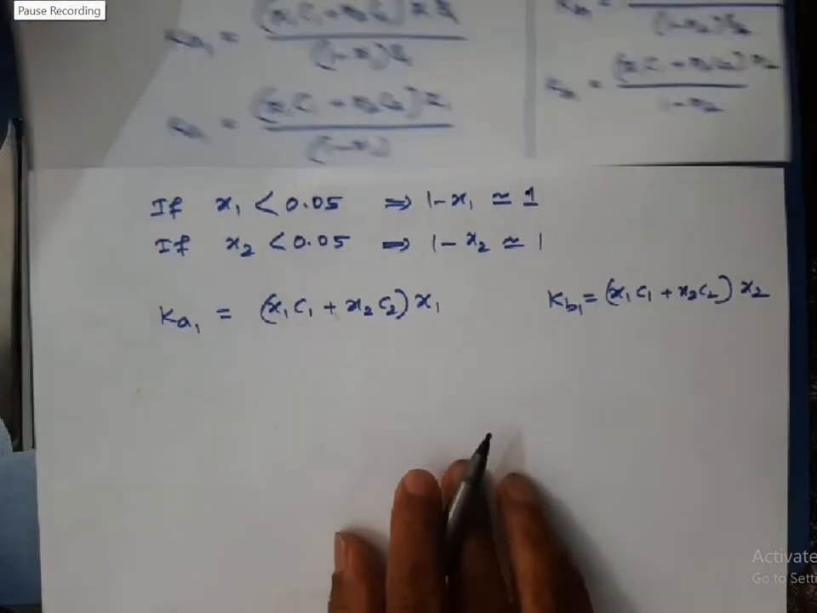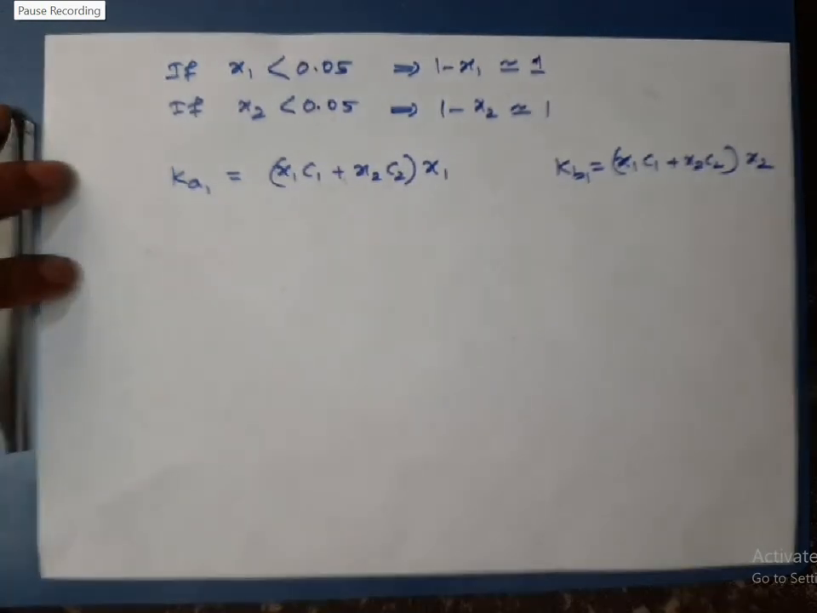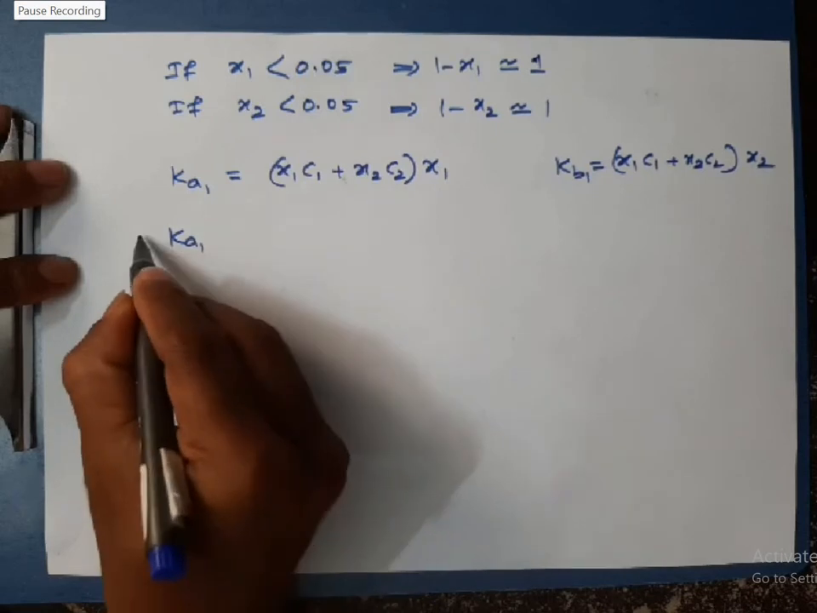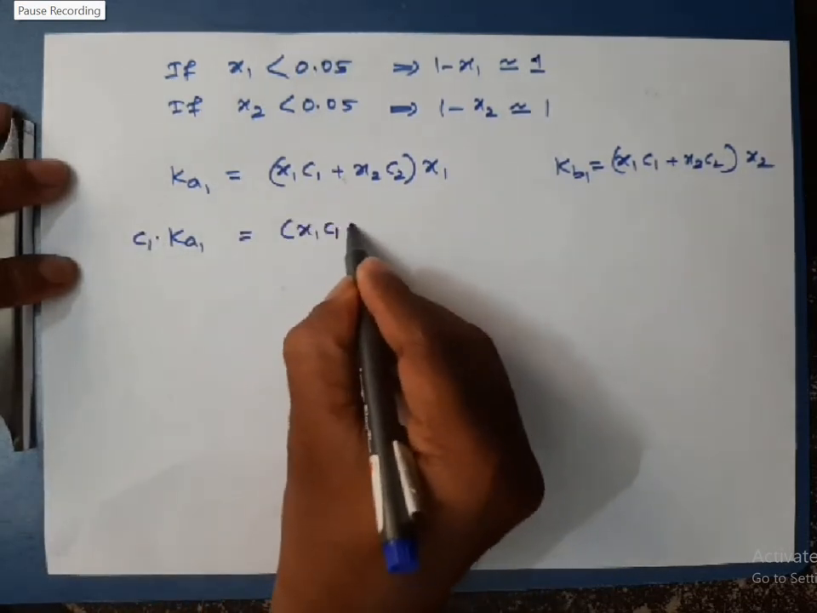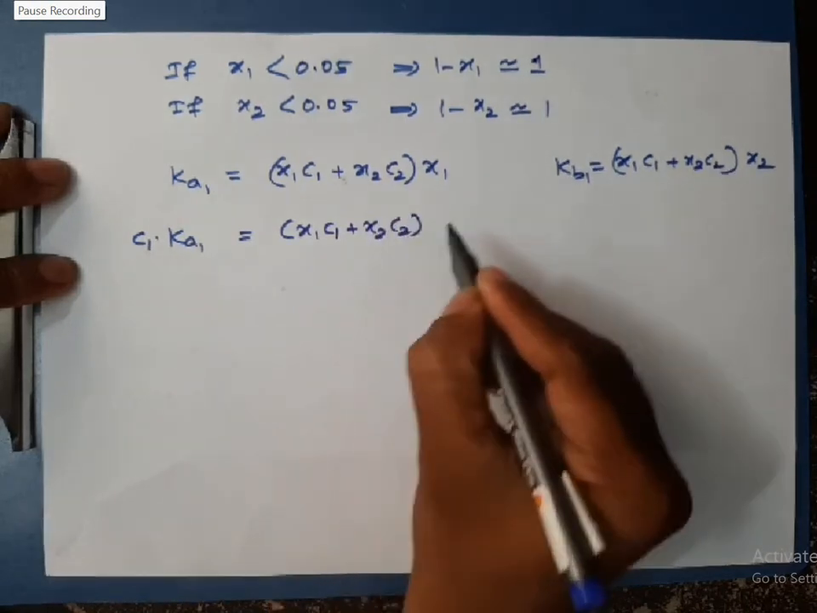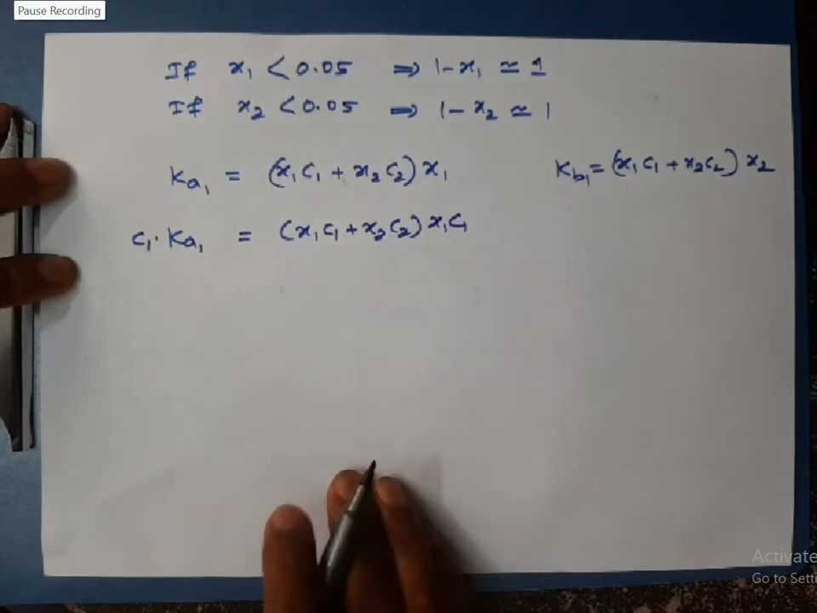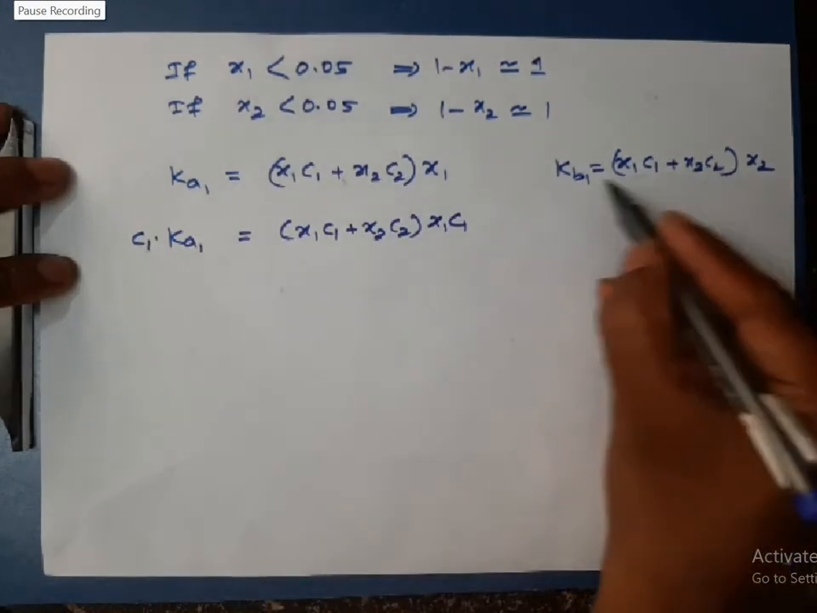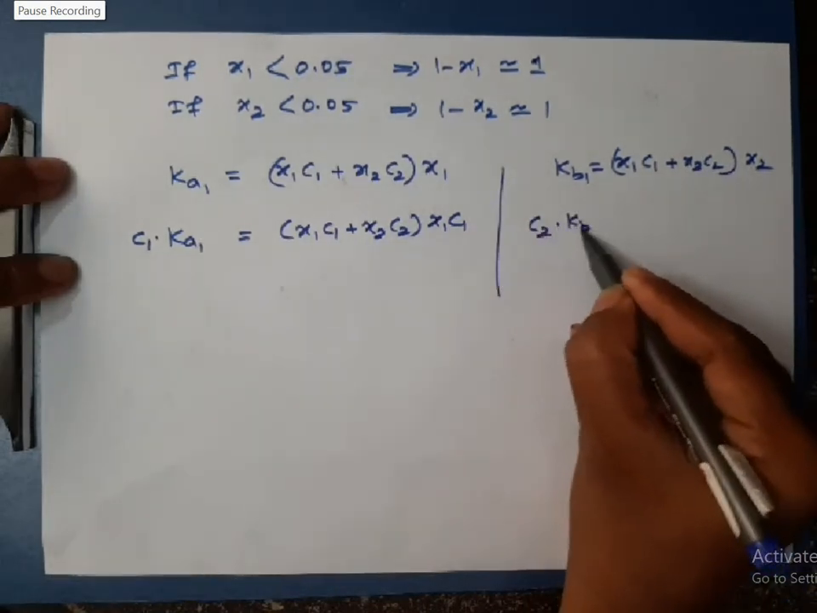Right. Now what I'm going to do, I'll multiply both sides by c1. So if I multiply both sides by c1, I'll get Ka1 into c1 equals x1 c1 plus x2 c2 into x1 into c1. I multiplied both sides by c1. Okay. Now similarly, if I multiply both sides of this equation by c2, I'll get c2 into